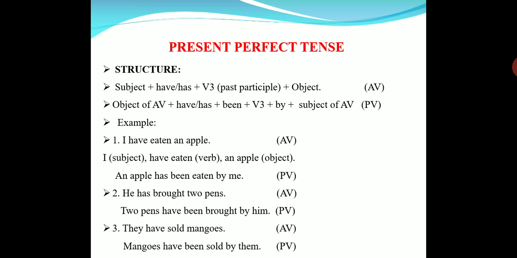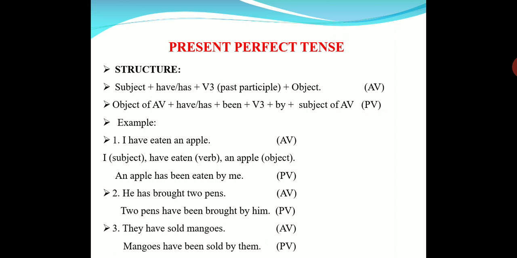When it comes to present perfect, what is the be form we add? Been. B-E-E-N, been. And here also before the be form, there will be a have form already in the sentence, either have or has, depending upon the subject. If it is singular, we have to use has. If it is plural, we have to use have. And I is an exception, for I always takes have. Okay, is it clear with the present tense? Shall we move to past tense?